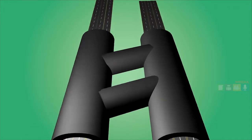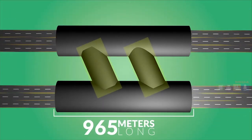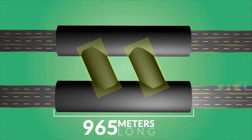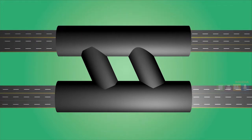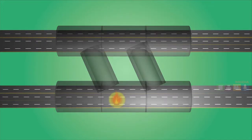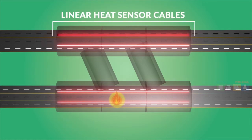The Kuthiran tunnels are twin-tube tunnels, 965 meters long, with two connecting emergency crossover passages 300 meters apart inside the tunnels. The fire safety measures adopted here are of paramount importance for the tunnel's safety operations. A fire gets detected in the early stages itself using various mechanisms. The linear heat sensing cables placed inside each tunnel in 2 rows can sense the change in temperature and alert